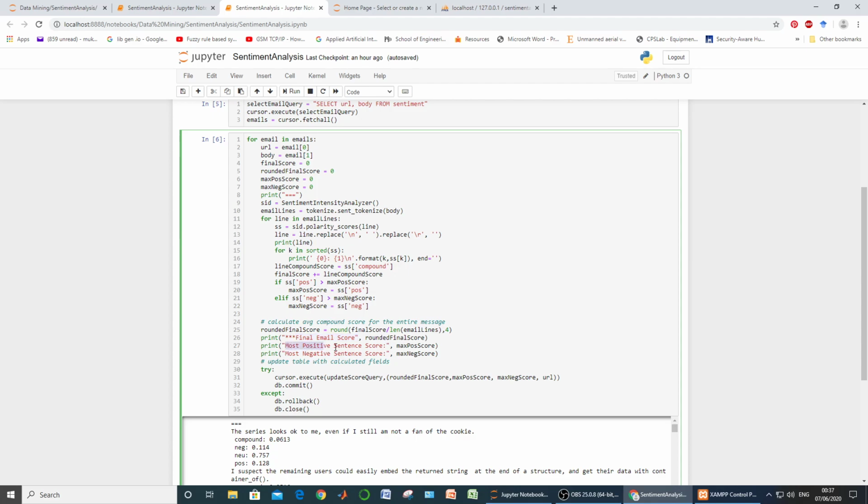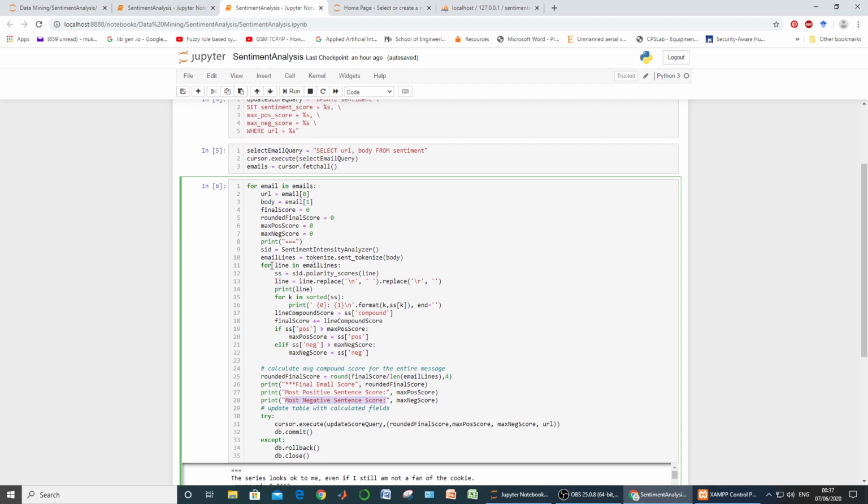The most positive score of a particular email was also printed, and the most negative score was also printed. Along with this, for each line present within the email we were printing its score using this statement, meaning for each sentence present within an email, three scores are going to be printed.